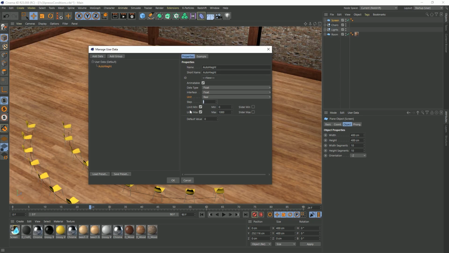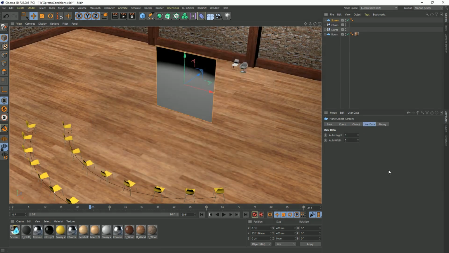And before we go any further, it can go as far down as 0, but I think we want to have unlimited in the max value. So I'll say limit max, no. And duplicating that, select it and hold down Control. As I drag just a little bit down, I can make a copy, and this will just be named auto width. Hitting OK, we can now see that those have appeared in the interface under our object, and it says